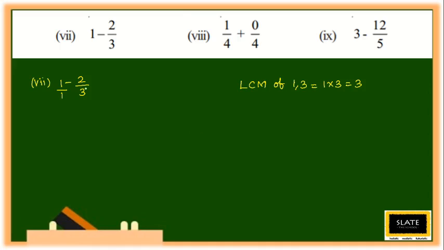Okay. Now we need to make them like fractions. We should get denominator 3 here. So what should be multiplied? Yes, we need to multiply by 3. So 1 by 1 into 3 by 3 minus, here 3 is already the denominator, so write as usual. So we can write this as 3 by 3 minus 2 by 3. Now observe, the denominators are same. So keep the common denominator as it is and subtract the numerators. So 3 minus 2. What is the answer? 1 by 3. So when they have given us unlike fractions, we need to make them like fractions and simplify. Now eighth one.